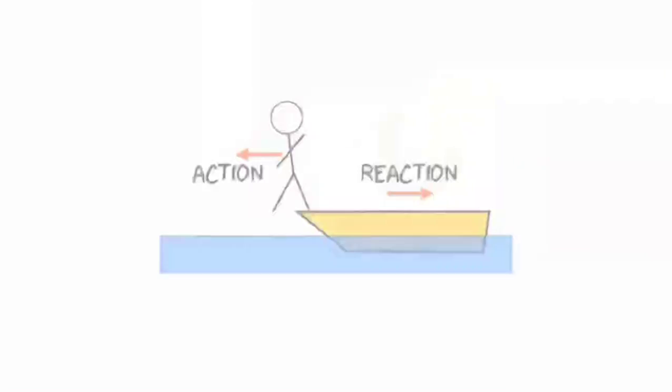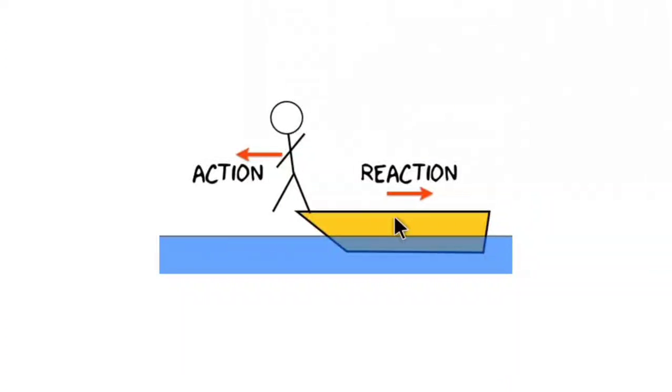You may have seen this kind of picture. From the boat, if the man comes out of the boat, then he will exert some amount of force on the boat, and the boat gets displaced backwards. So when it gets displaced backwards, that will be the action, and the man will move forward as the reaction.